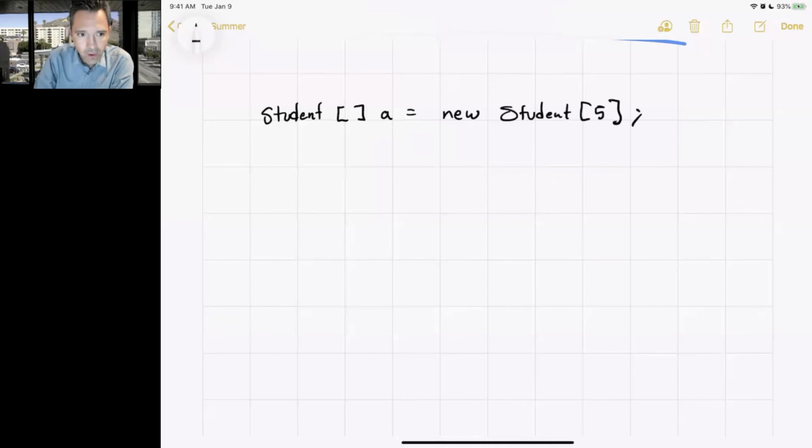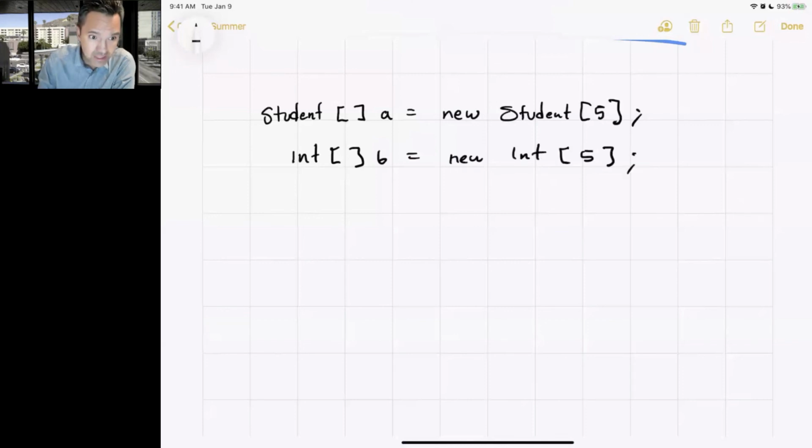The important thing here is what is happening in the memory when you do this. Let me do a comparison. What happens in the memory if I put int, new, int, the same size, identical. The only thing that I do is A, B, one is student, the other is int. What happens in the memory with B? According to what we reviewed today, B is going to use a box, that box has an address, and the address is pointing to the first element of this group of